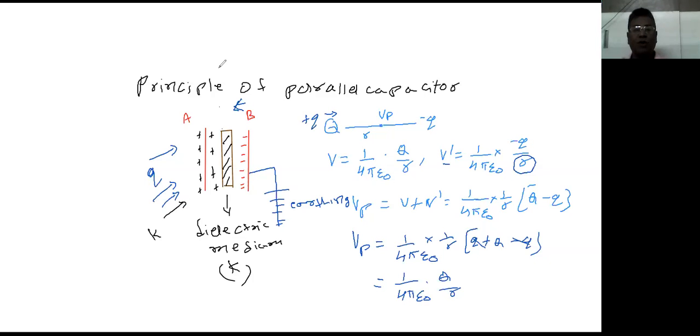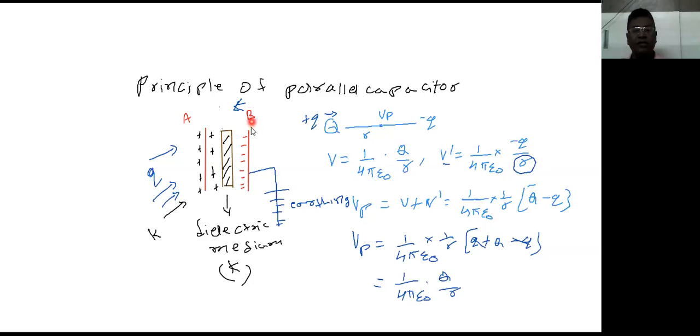The first process was bringing B closer to A, an uncharged plate. Because of the presence of the negative charge, potential of A decreased. To bring it back to the original potential, I added more amount of charge and capacity has increased. Second thing is I connected this B to the earth, due to which the effect of positive charge is lost. Only effect of negative charge was there, because of which the potential of A further decreased and its capacity to hold the charges increased. So I added more amount of charge.